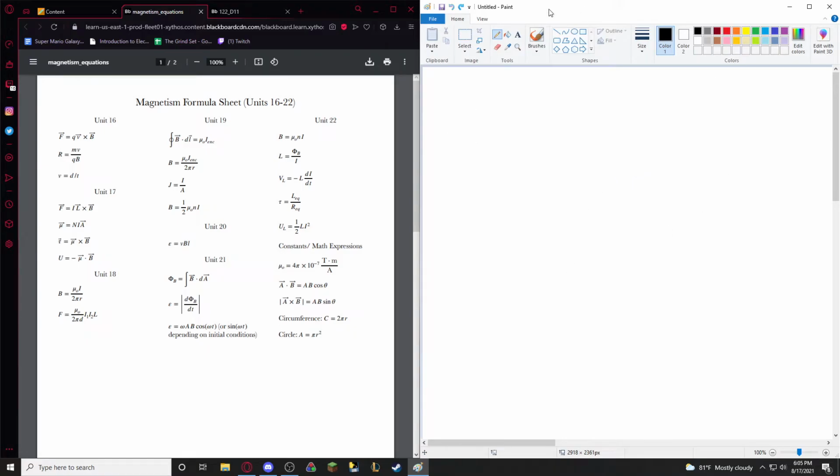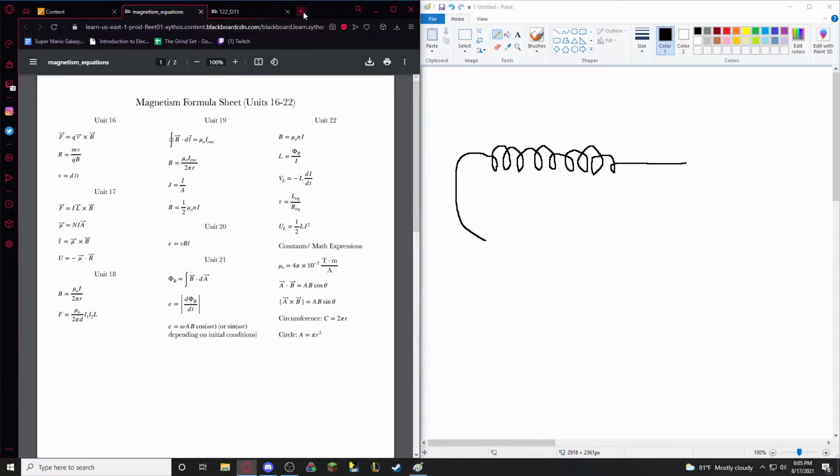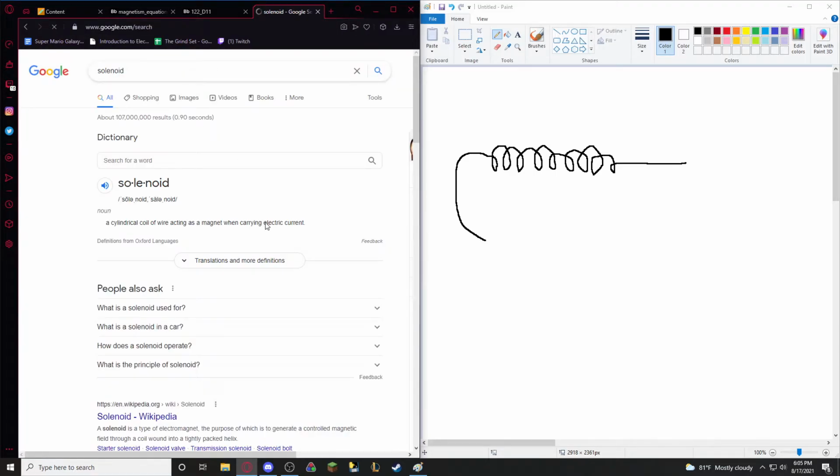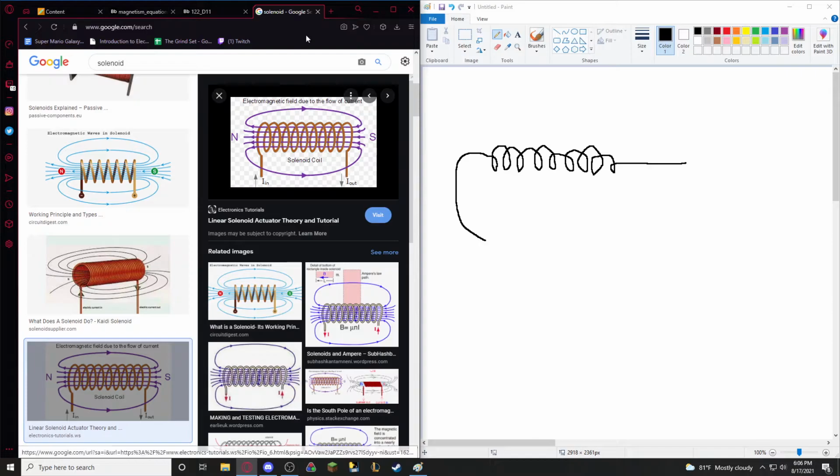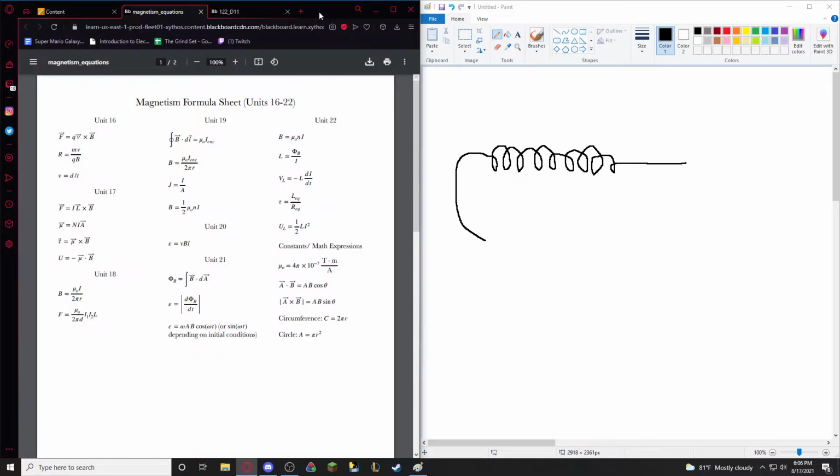Sounds good. So yeah, Roger, exactly what you said. Essentially, it's a coil. The wire coils around like this. It's obviously a very horrible drawing, but they call it a solenoid, a cylindrical coil of wire. Here's a better visualization. So you have this coil of wire going around, and as the current goes through,